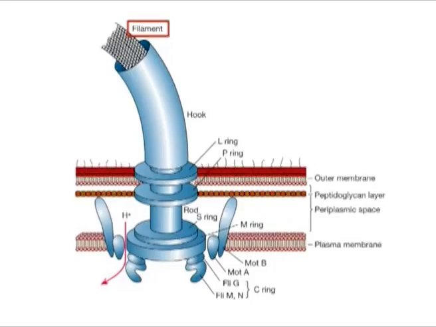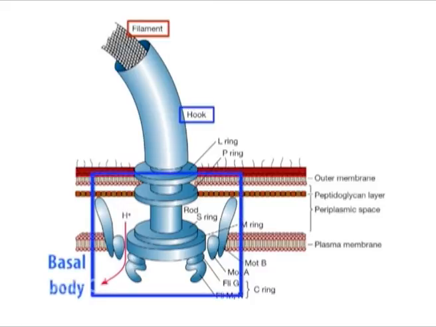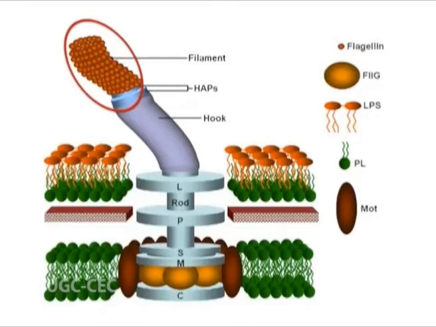Electron microscopic studies have revealed that the bacterial flagellum is composed of three parts: filament, hook and basal body. The filament is the longest portion of the flagellum, which extends from the cell surface to the top. It is a hollow, rigid cylindrical structure consisting of a single protein known as flagellin (FliC). The protein molecules are arranged in a spiral manner in the filament.